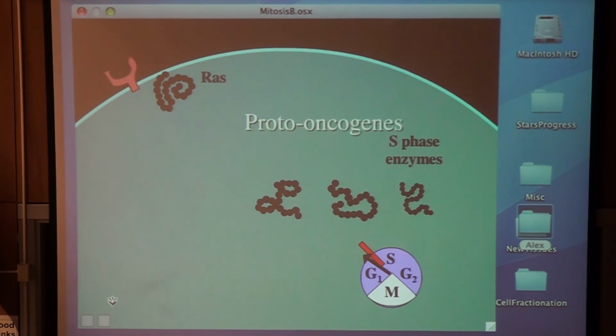All right, so at a molecular level, the cancer is caused by mutations in these genes that we've been talking about that are involved in mitosis. And to be a little bit more specific, think of these proto-oncogenes. Remember, the proto-oncogenes were the genes for any of these proteins in this pathway, like the